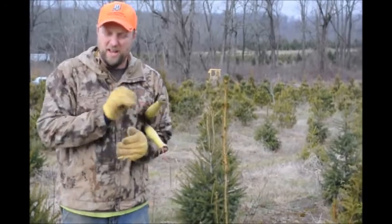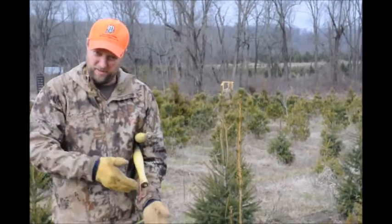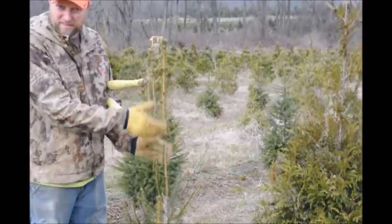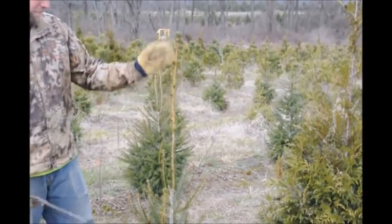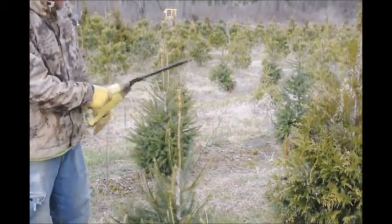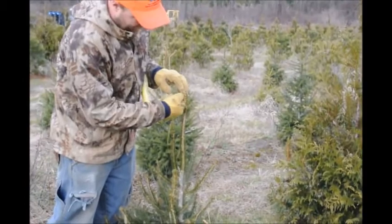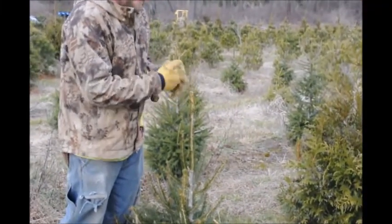If you ever see a goose and its neck is real long and there's nothing on it, that's what we call a gooseneck. Well, there's nothing going to be on it. It's going to be real narrow, nothing to it. So in order to avoid that, we trim it. So the first thing we're going to do is we're probably going to trim it right about there. And if you notice that there's buds right above or right below where the cut mark is,